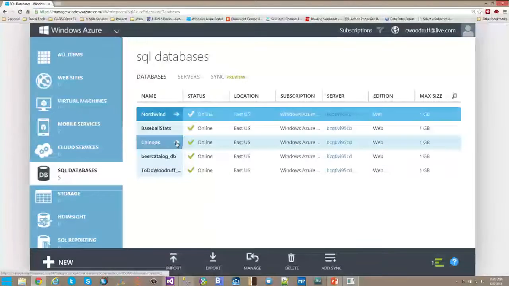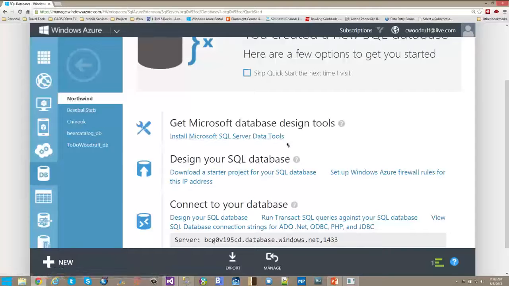So if I come in here and I have Northwind set up in here, there are firewall rules that you have to set up to allow access from your local IPs or from your servers' IPs that are on premise. So yes. Okay, thank you for seeing that. It was a little quick for me, but yeah, you have to come in, and what you'll do is once